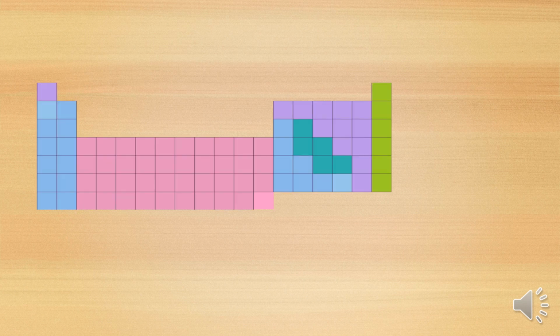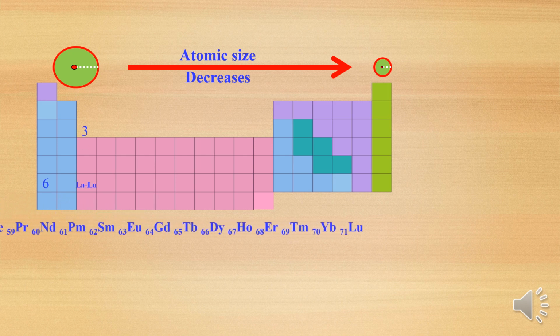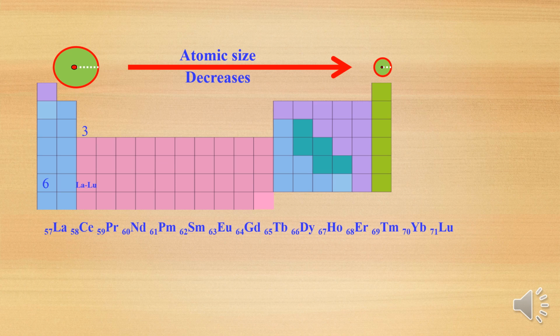So already we know the periodic table. In the first PUC, we have studied the classification of elements topic. In that topic, we have already learnt that the atomic size decreases across the period. Now we will study the third group elements, that is the f block elements, which are kept separately. In the lanthanide series, we'll see.